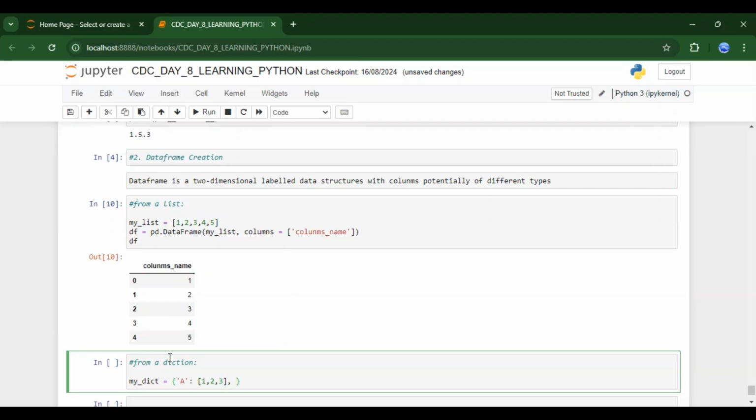Now we'll have B, and B, put a colon to give us the value of B, and bring in our list and say B is 4, 5, and 6. So the next thing we'll do is say df